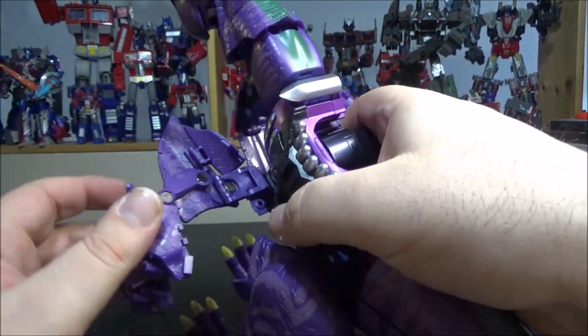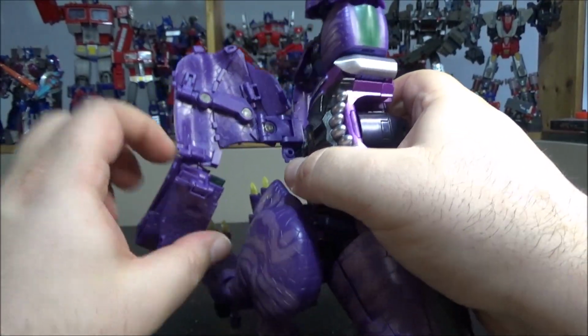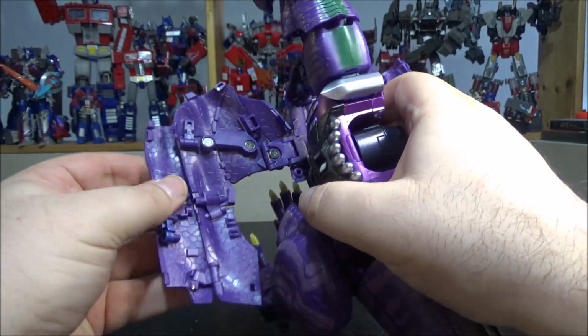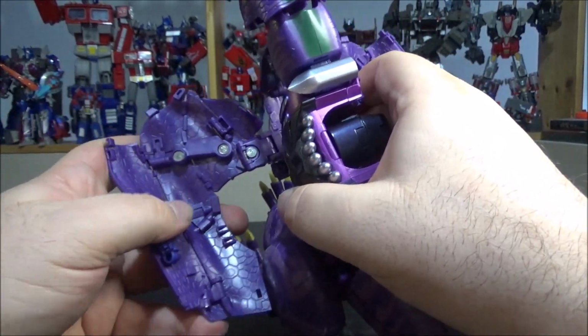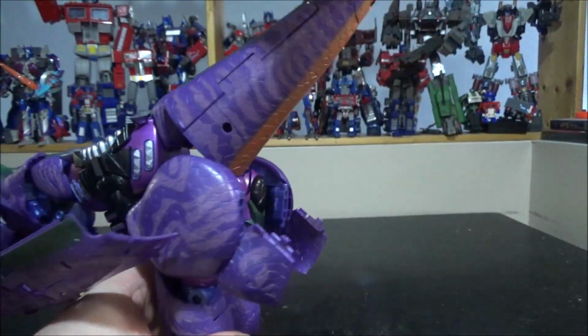So let's do the other side. So flip this up like this, make sure it goes over like this, and this will open up like this. So this will go in here, this will open up like this. So as you can see, pretty much everything just went in naturally, but nothing will go in naturally, I can